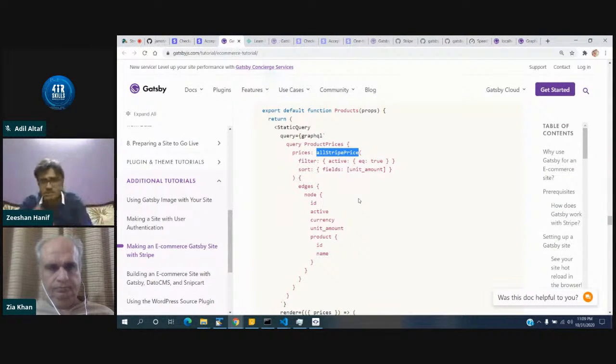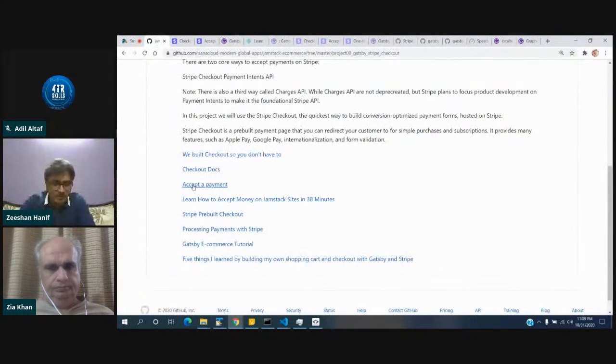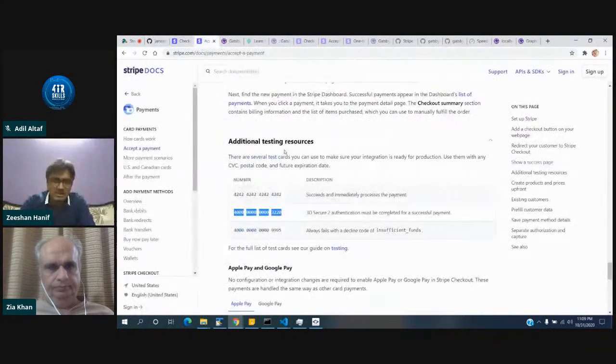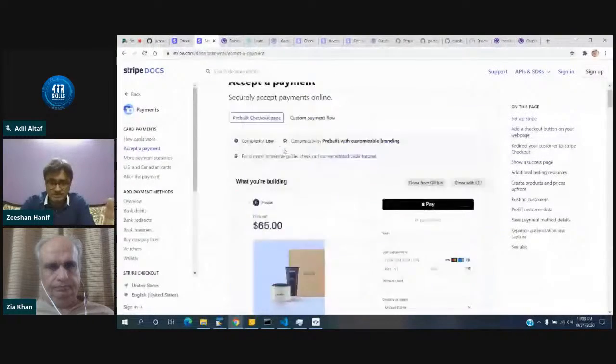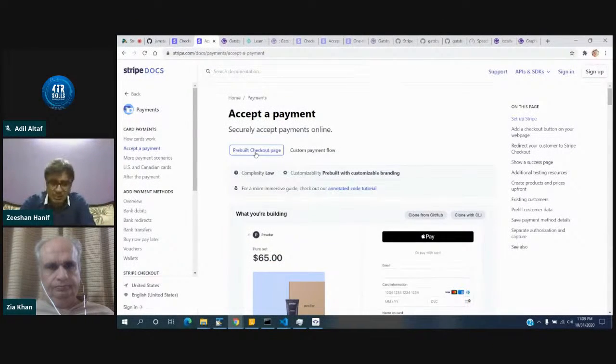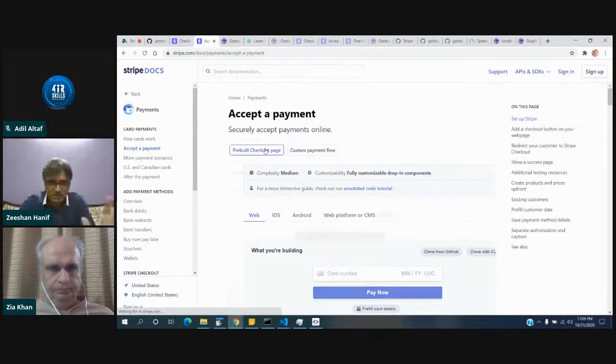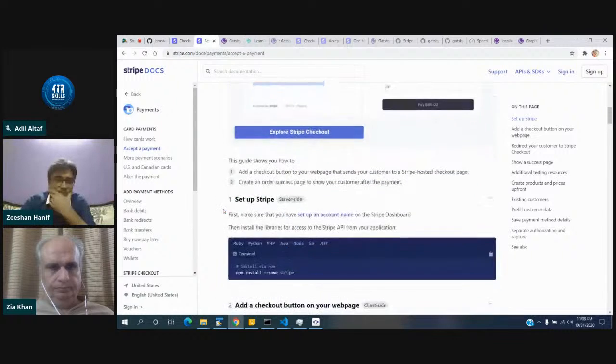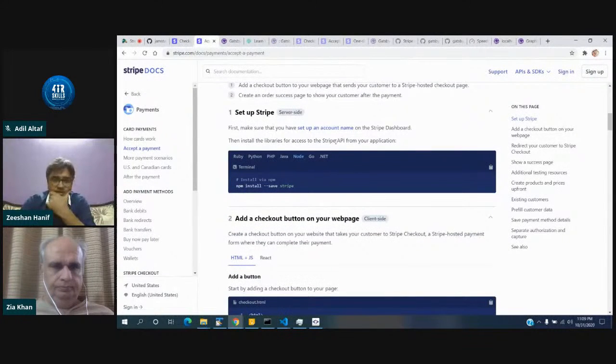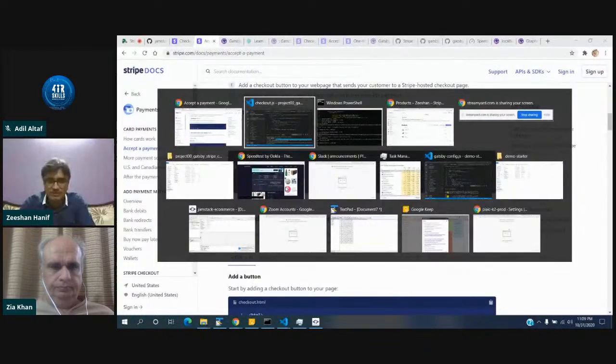If you want to see how the server side will work, this link Sajja has provided, accept a payment, is talking about two things: a pre-built checkout page, which involves the server, or a custom flow layout. That's a separate thing which we'll see in next class. So for the pre-built checkout page, on the server side, we need to install Stripe. We have installed Stripe for the client side,